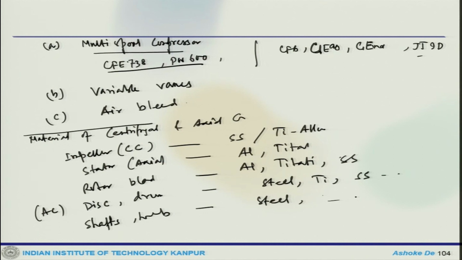So, these are some of the materials that one can use from the material perspective of the centrifugal and axial flow compressor. And these are important parameters, because when you do the design, as you see there is the fluid thermodynamical design, and then you have all these material properties, because all these rotor blades and stator blades are exposed to a lot of different kinds of stresses and loading. So, that pretty much concludes the axial flow compressor, and we will stop the discussion here and continue in the next lecture. Thank you.